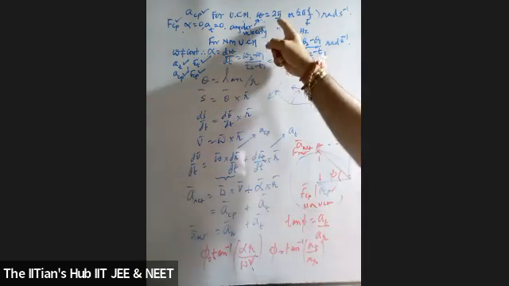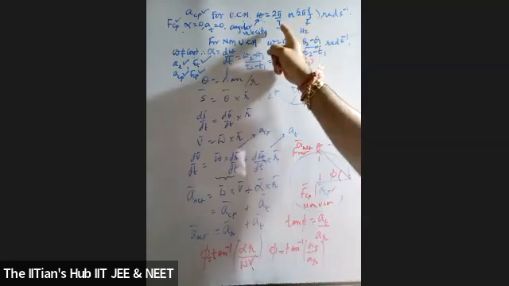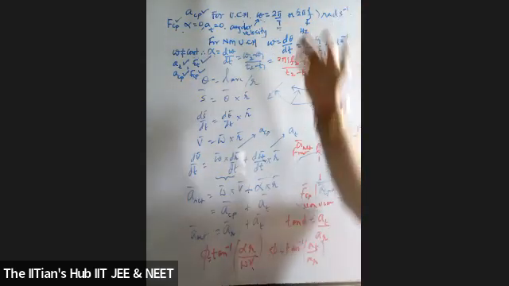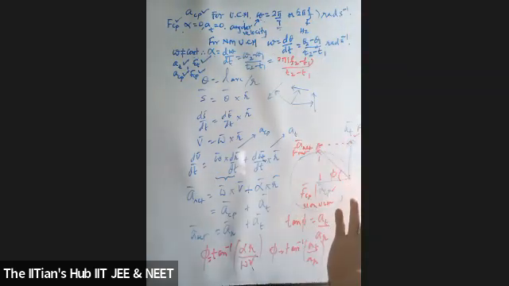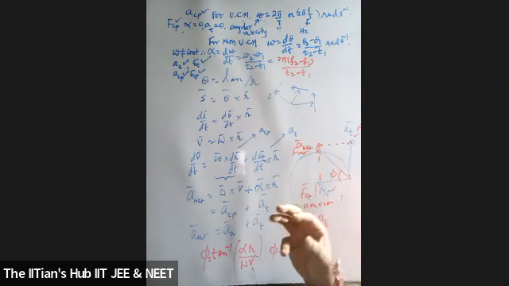I only told you that omega can be 2 pi by T or 2 pi f. That is for UCM. F stands for frequency and T stands for time period. Frequency के अलग-अलग units दे दिए मैंने: RPS, OPS, CPS, s inverse, hertz. यानी जब भी तुम प्रॉब्लम रीड करो तो सोच समझ के रीड करना क्या दिया है।